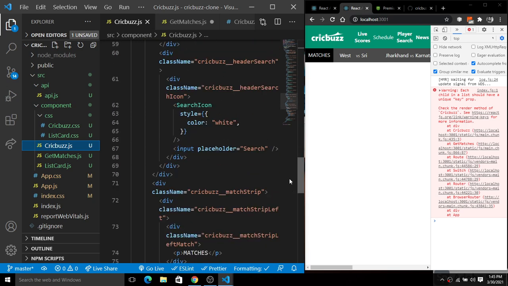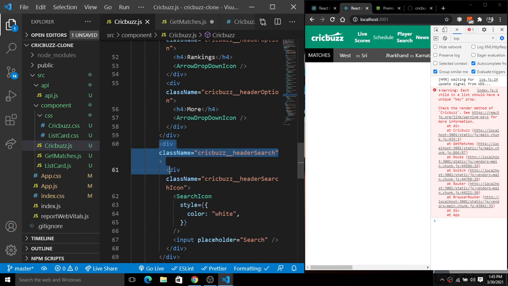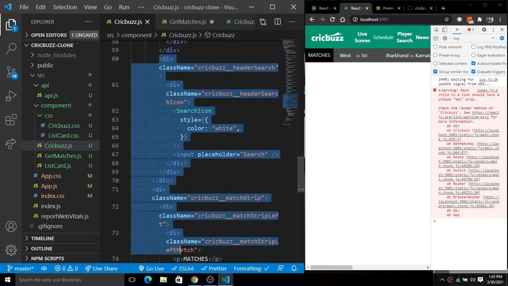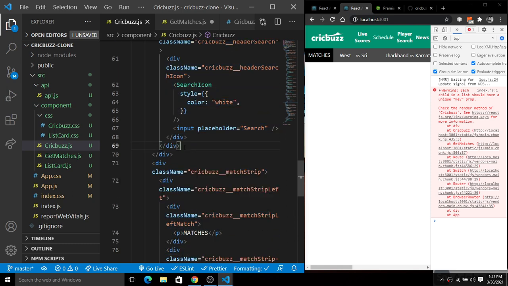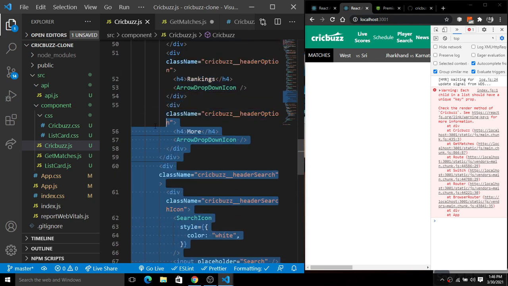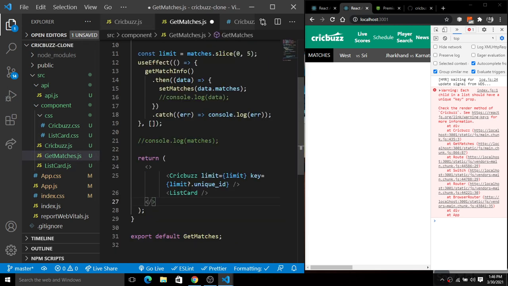So we have this search, right? And inside of this we have this input field for the search icon. Okay, so I will simply grab this and copy this and simply paste it down in the get matches there.